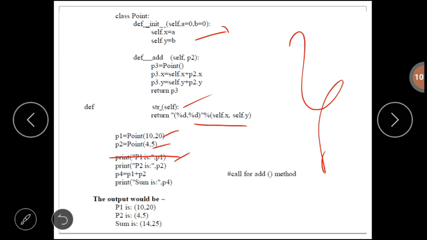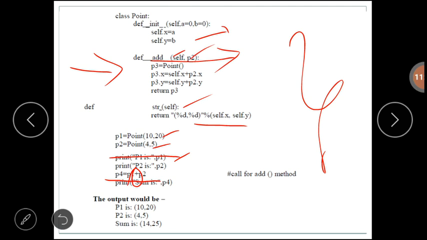After that we have the statement p4 equal to p1 plus p2. Here we have the plus operator. We are overloading the plus operator. So this plus operator will call the method that is defined inside the class. That method is the special method __add__. Here the add method takes two parameters, self and p2.